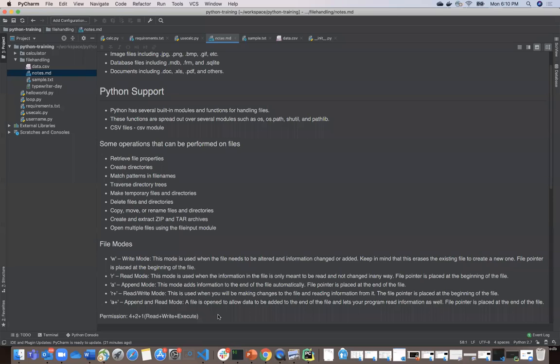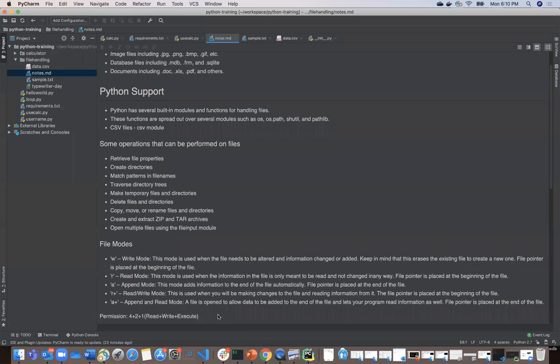So when the permission of 7 is given to a user, that means the user has full permissions to do anything with the file: read, write, and execute. But if you say only 6, that means only read and write, no execute. When you say 4, it means only read.